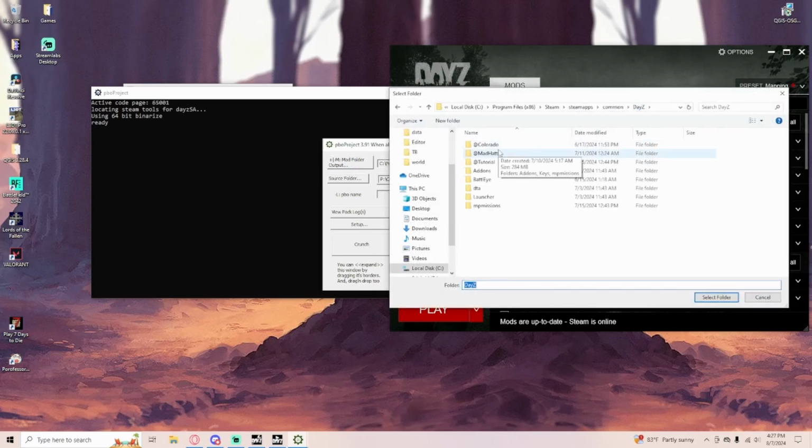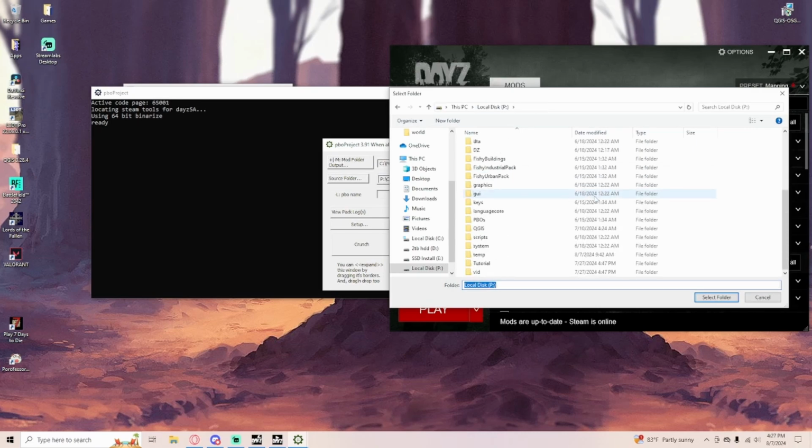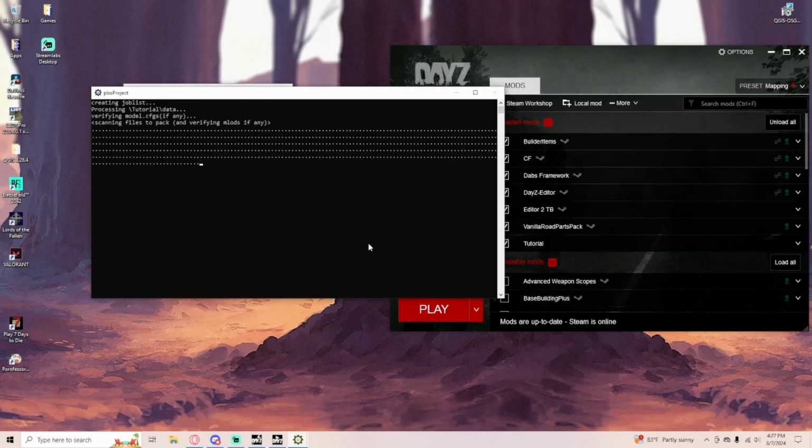This is going to be centered on my map because that's what I'm working on. It's not called Colorado, guys, just so y'all know. It's just what I put for now. Now press crunch. Everything should work right. And then after this is done packing, we're going to go into DayZ Editor so you can see that's in the map. And then that will be the video for today.